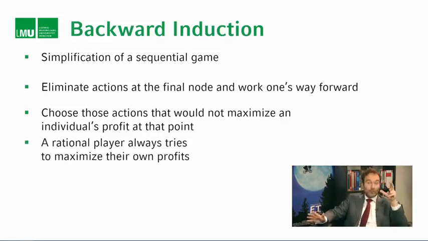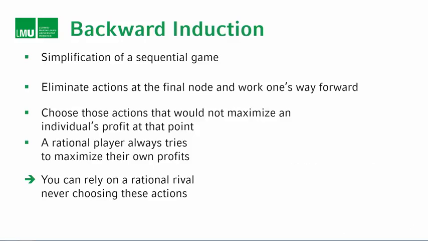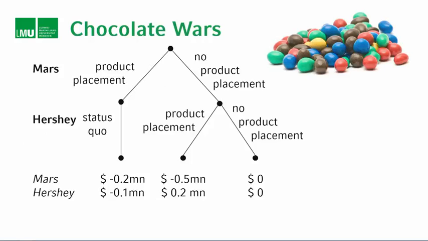And why do we do that? Because a rational player will always try to maximize their own profits. So therefore, we will always rely on a rational rival never to choose these actions. Okay? Anything that doesn't maximize my own profit is not something that I'm going to choose. Okay? So let's take that example again. Let's take the chocolate wars again and see if this is the right outcome, if this is an outcome we